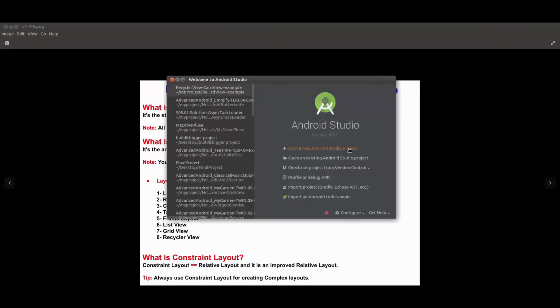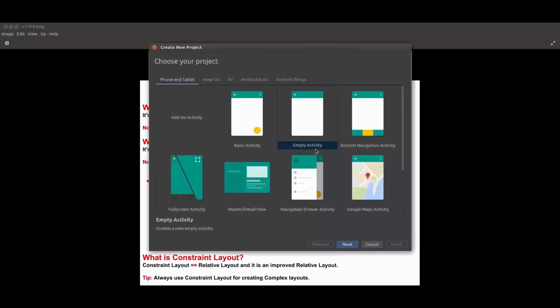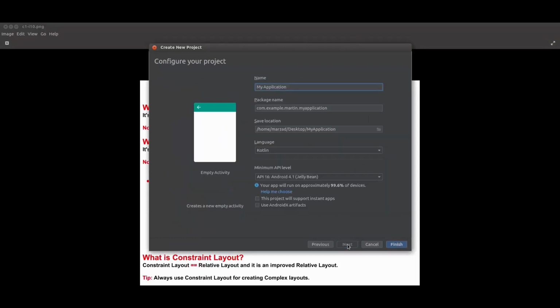So first of all I'm going to use Android Studio version 3.3. I'm going to start a new project and choose empty activity. Then we're going to add the application name, and I'm going to name it constraint layout. And the package name ID should be written in reverse order, starting from com, like this. And the location, this is the save location for it. And I'm going to change the folder name,